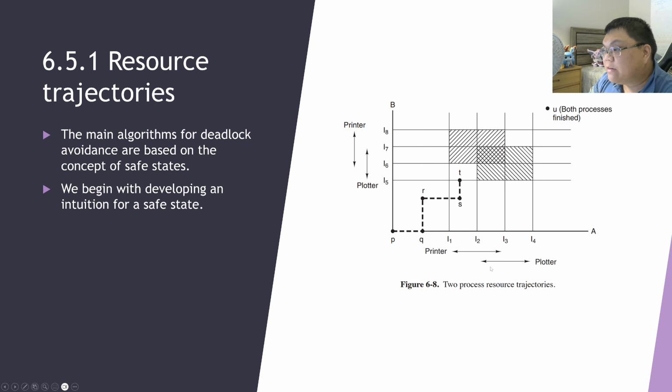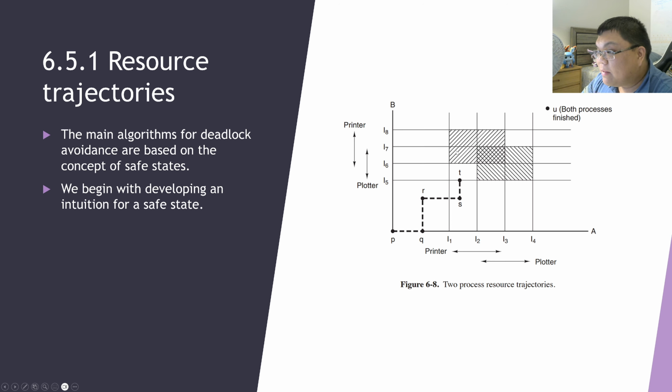Similarly with this other shaded region, bounded by I2 and I4, and also I5 and I7. This region here is where both processes are using the plotter at the same time, which is also impossible. So what does this mean for our trajectory? It means we cannot enter those shaded regions. So we have these two regions which are impossible to enter. Is it okay to traverse the boundary of these regions? Yes, it is. If we're riding the boundary of these regions, as long as we never enter the region,